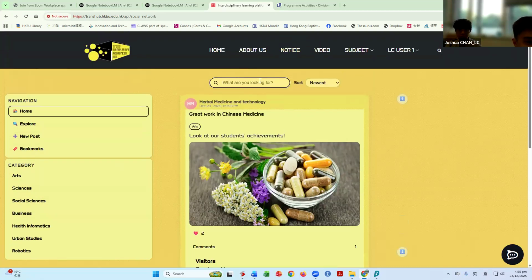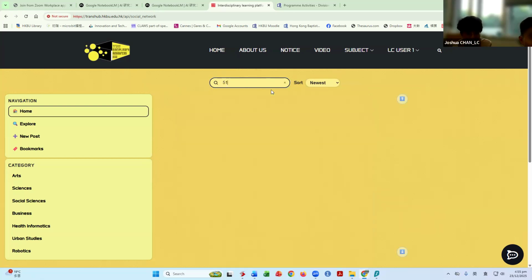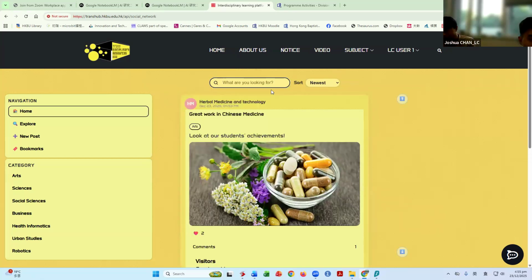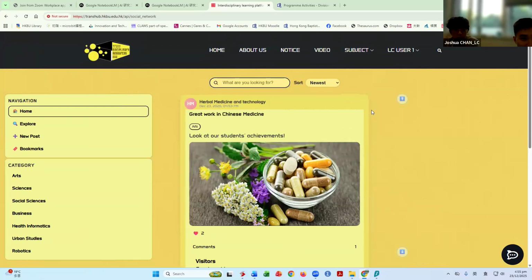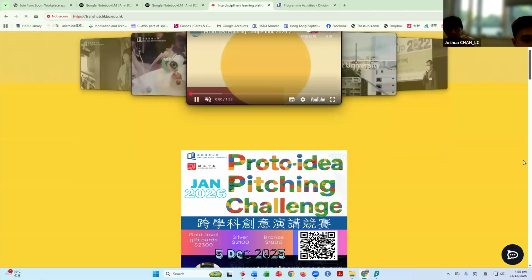And here, what are you looking for? For example, if there are multiple posts, I can type a keyword there to find it out.